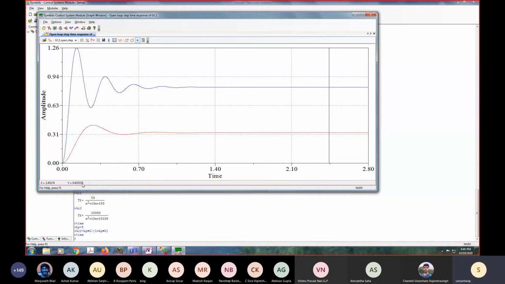Suppose you have an automatic train which has to come to Kharagpur from Delhi, and it comes to Kharagpur but doesn't stop, goes to Jagpur, then comes back, goes to Bednapur, then comes back, goes somewhere else, then comes back, and after a lot of oscillations, it comes to Kharagpur. Will that be good? We want it to reach the target as quickly as possible without much oscillation. Overshoot means wherever desired, you have crossed that, and again you are coming back. That kind of thing we do not want.